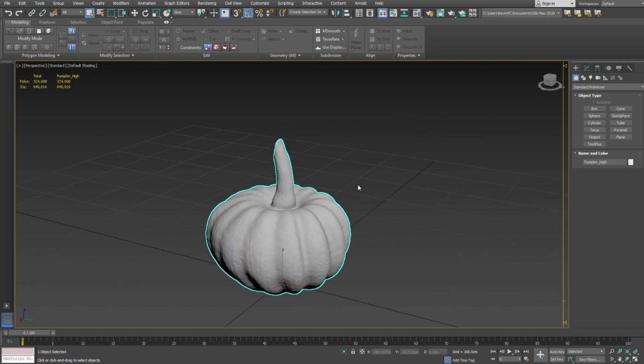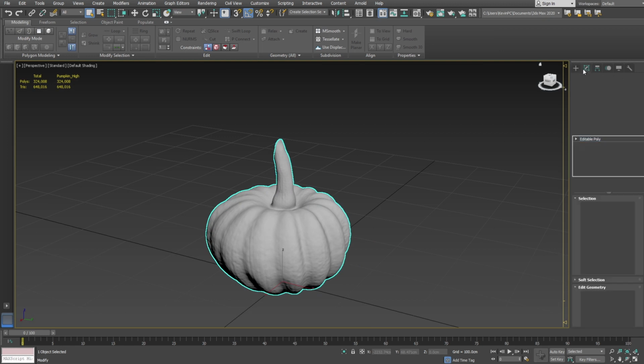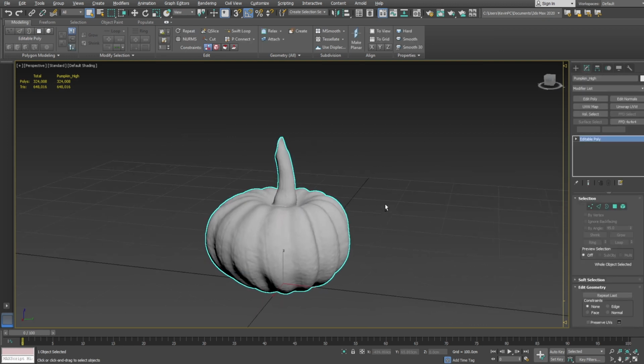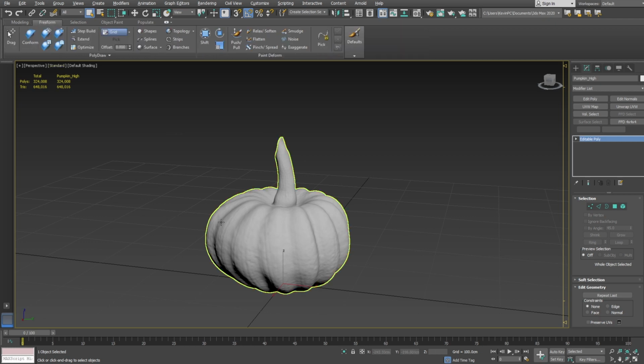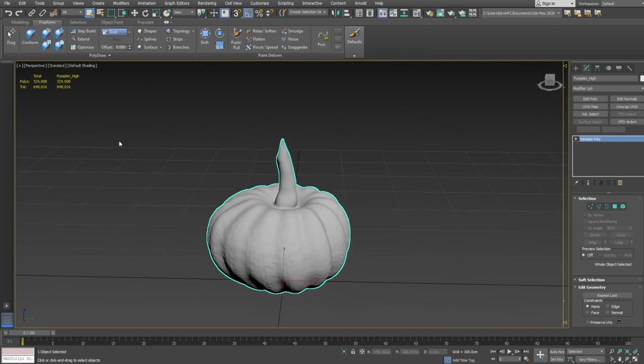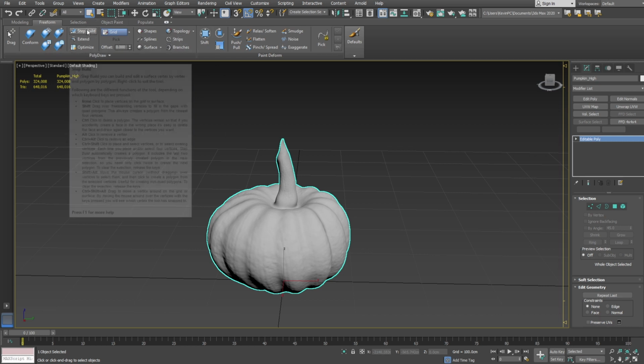Okay, so the first thing we're going to do is make sure you're in modify mode over here. Just click the modify tab, then over here you want to come into freeform, like so. And the main tools we're going to be using from here are these three here. You can use some of these other ones as we progress and go through, but these are the main tools for